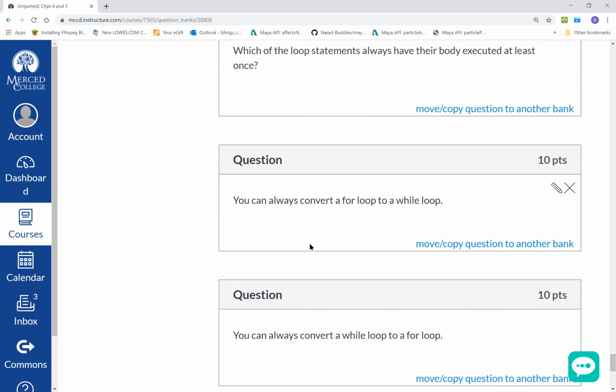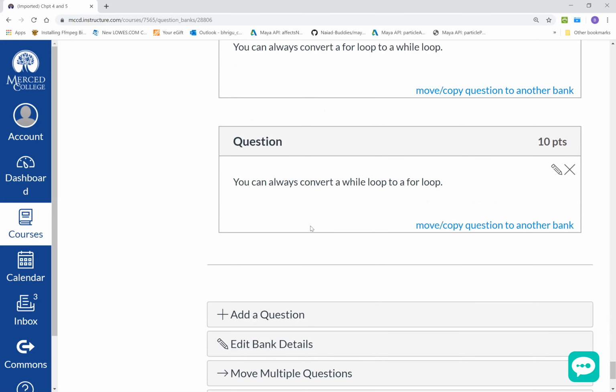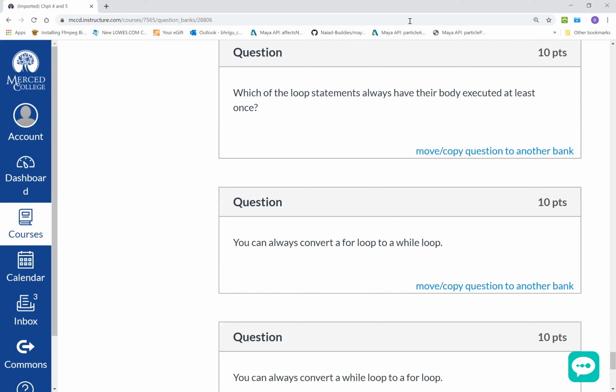You can always convert a for loop to a while loop. There you go. That takes care of